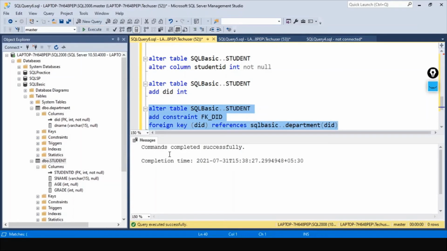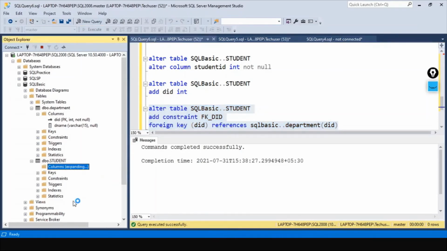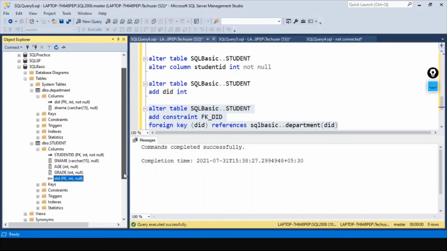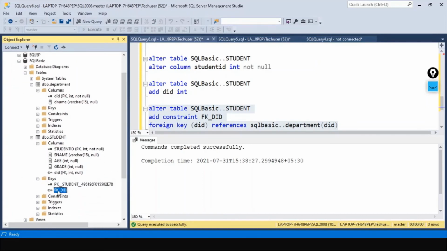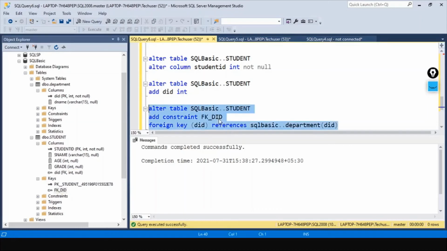Okay, it is successful. Let's see how it looks. Refresh. It is same, primary key for student ID, same way foreign key for this department ID. This foreign key DID is the name which we had given while creating the foreign key.